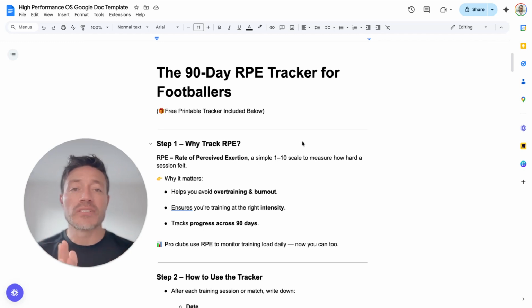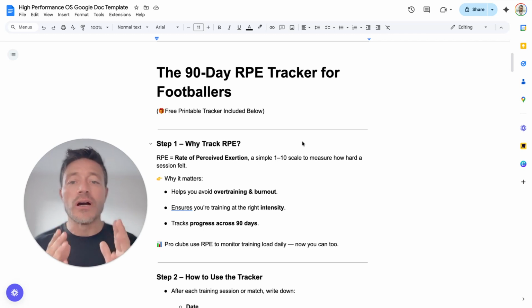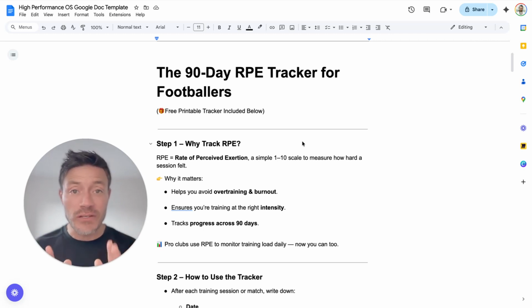It is the rate of perceived exertion. Okay, that is a simple 1 to 10 scale to measure how hard a session felt. Okay, so why does it matter? Because it helps you avoid overtraining and burnout. It ensures that you're training at the right intensity and tracks progress across